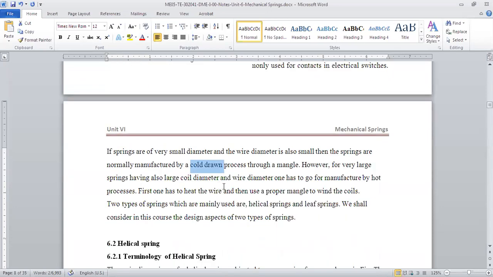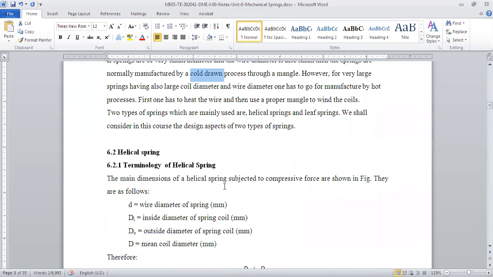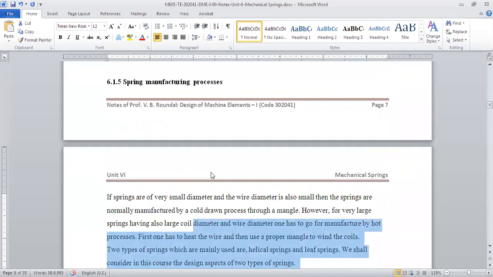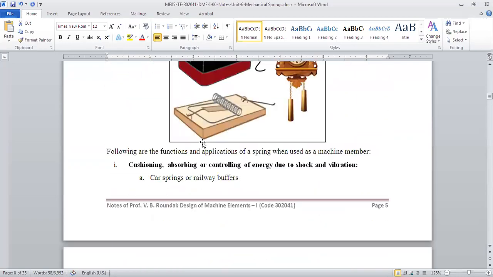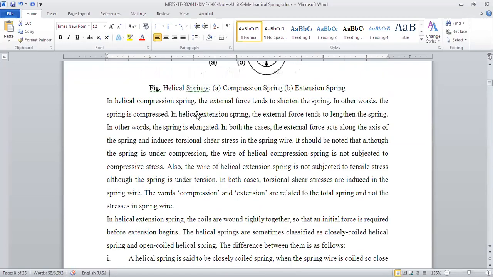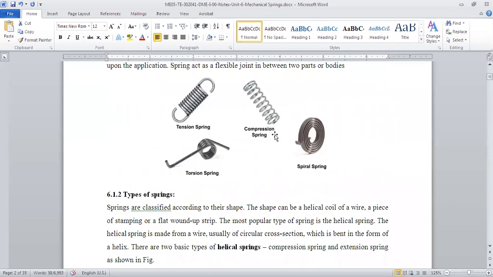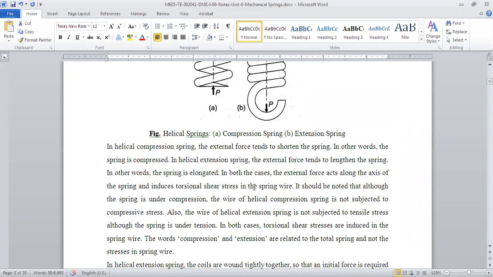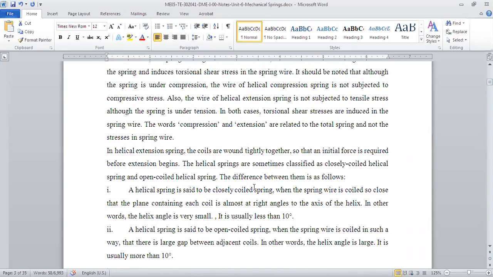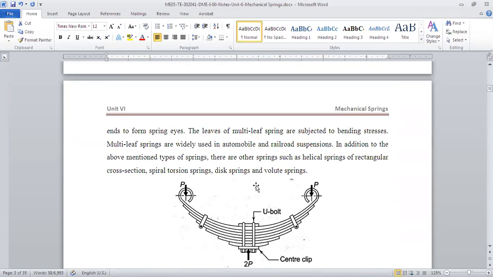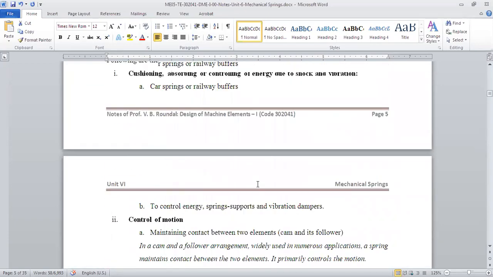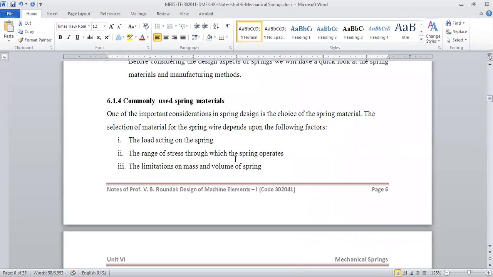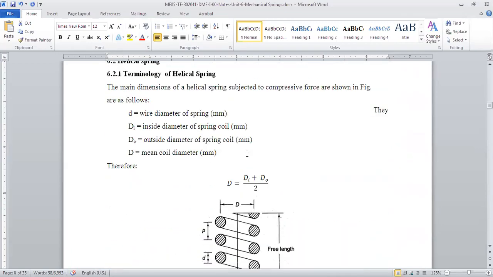So these are the different types of manufacturing process: hot drawn and cold drawn. Okay, so you guys are with me. So I think we have gone through the introductory part of the spring. We have seen what is spring, what are real life applications of the spring, what are different types of spring. We have gone into details of helical and compression springs, like compression and tensile spring, or the compression extension spring. Then torsion spring, leaf spring. Then we have seen the applications, mainly the cushioning, controlling the motion, measuring forces, and storing energy, different materials of the spring, and the manufacturing processes, right?